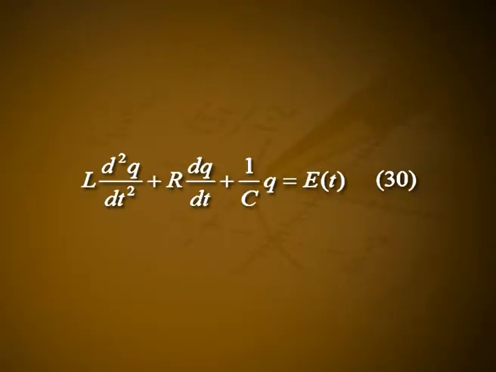We can have analogues of equations 23 and 30 in economic systems when K of t represents the excess of the capital invested over the equilibrium capital and E of t can represent external investments.